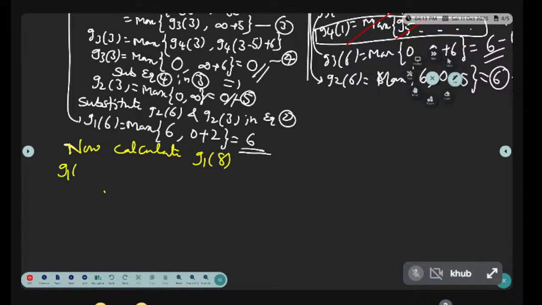G1 of 8 is equal to maximum of G2 of 8 comma G2 of 8 minus W2, 3, second item, plus profit of 2. So here now we'll go with